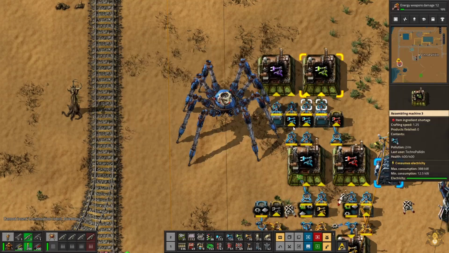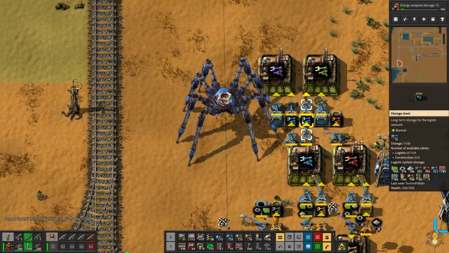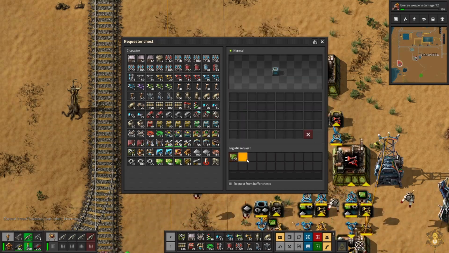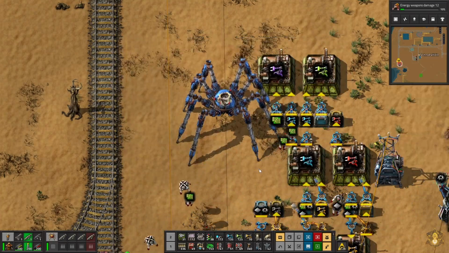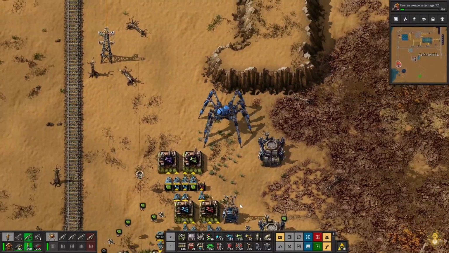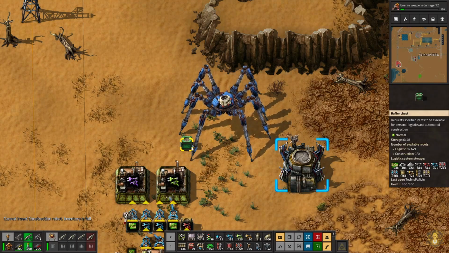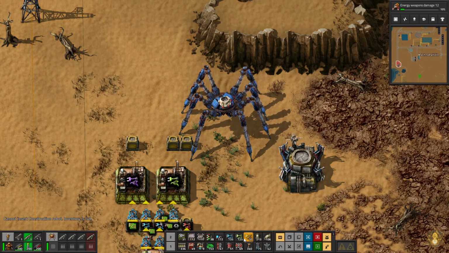So purple needs green circuit. Got it. Okay, and then greens need green circuit, gears, red circuit. So green circuit, check. Red circuit, check. And gears, check. Okay, so that should get us our purples and greens. Greens also need to go into... Oops, that's not the color I wanted. So let's do...